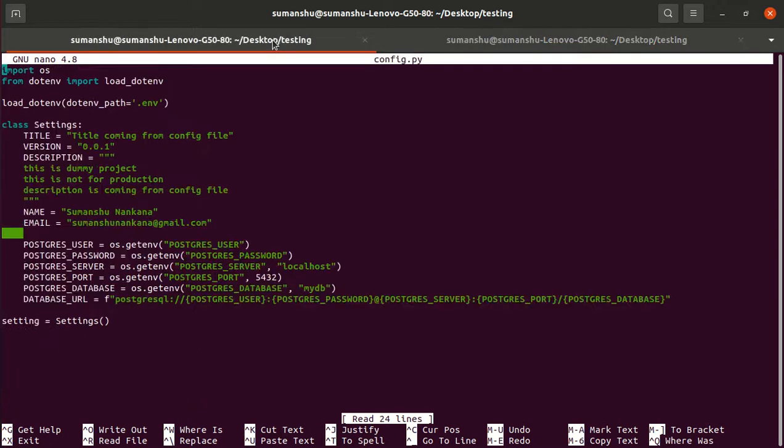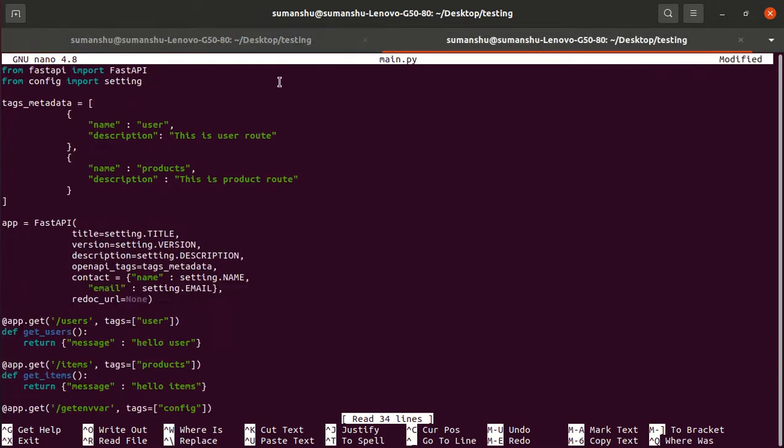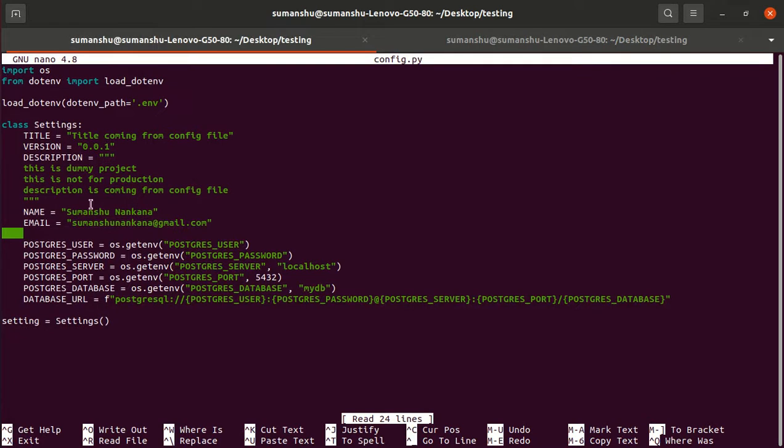In the third video, generally it is not just the configuration file, but we have to configure a lot of things: the database URL, the database port, the database server, database username, database password, right? Generally these are recommended to be set in the environment variables.